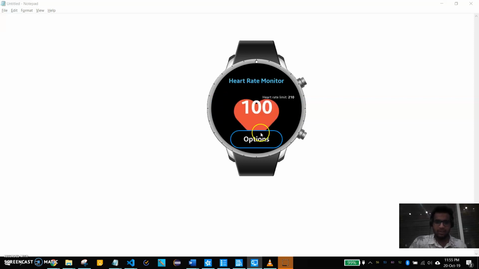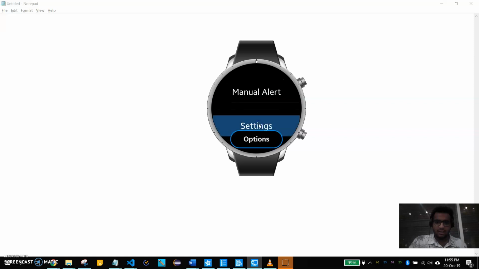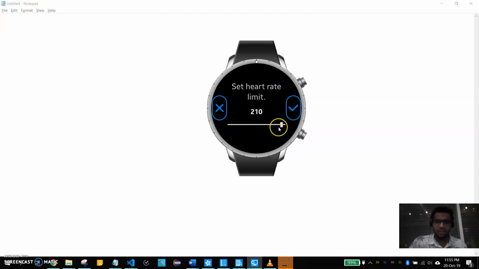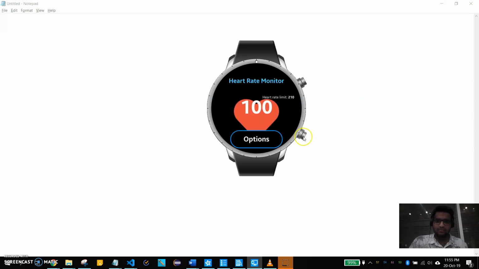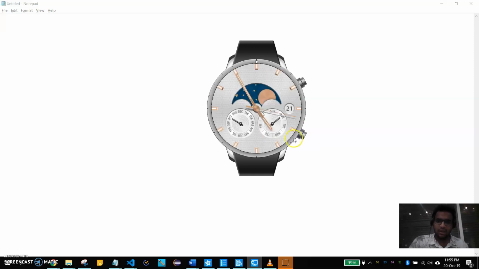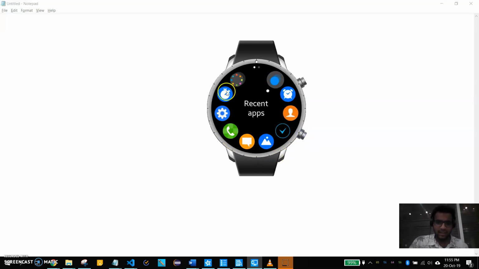And aside from this, the user also has the setting if they want to change the heart rate limit. So this is the threshold of the heart rate. And this is how the application is going to look like if you log in as a patient. On the other hand, if you log in as a family member,